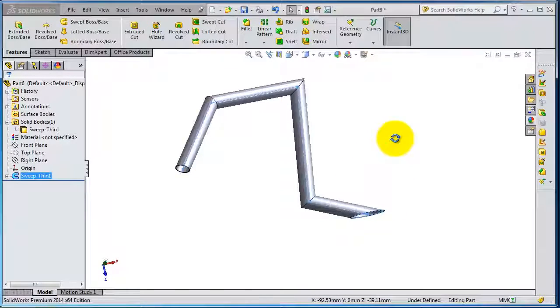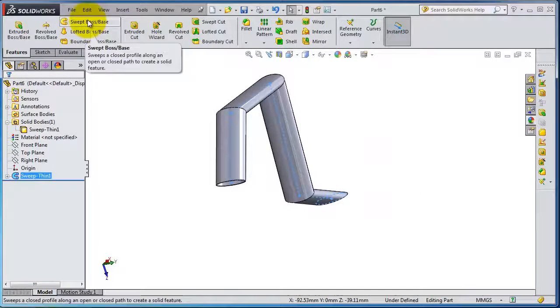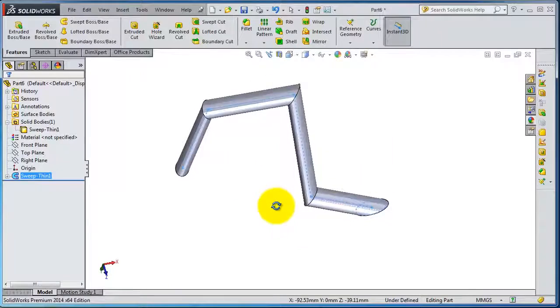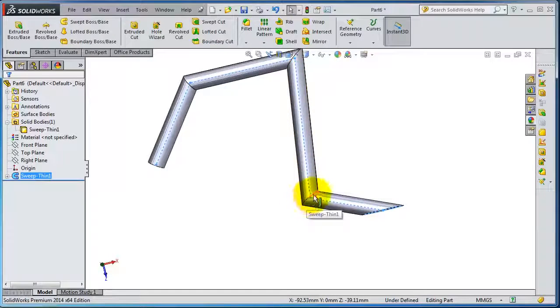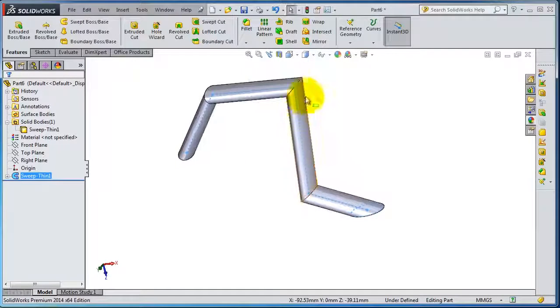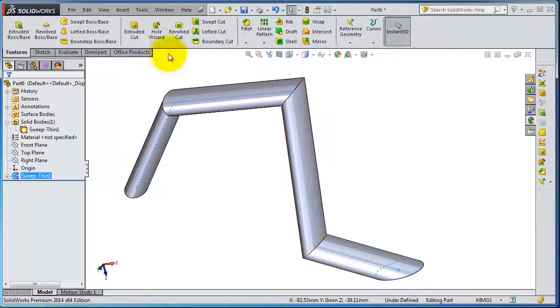In the previous tutorial, we created this part with the swept post. But what if you need different thicknesses around the swept path? For example, you need that radius to be bigger than the rest of the parts. So you can make different types of sweeping or lofting with this